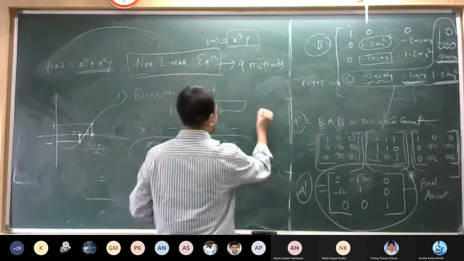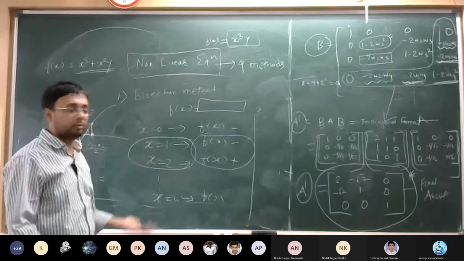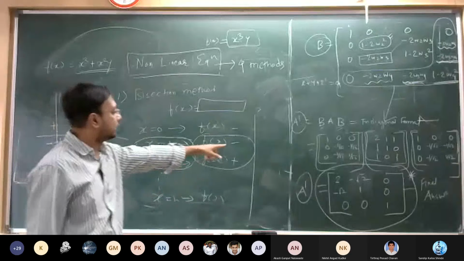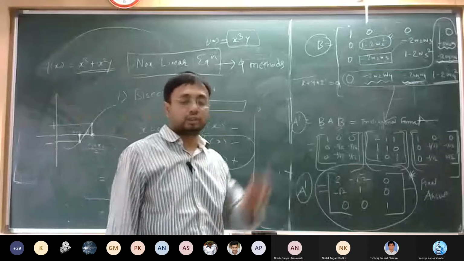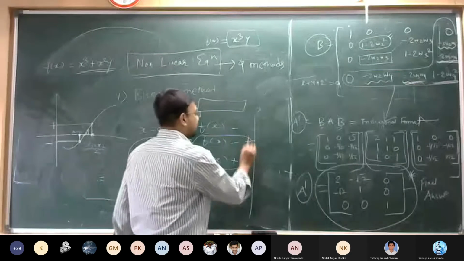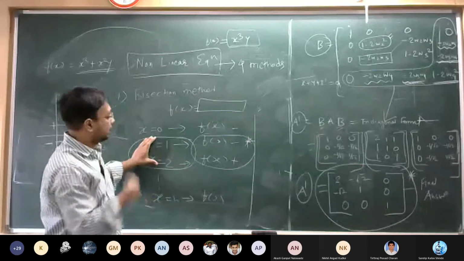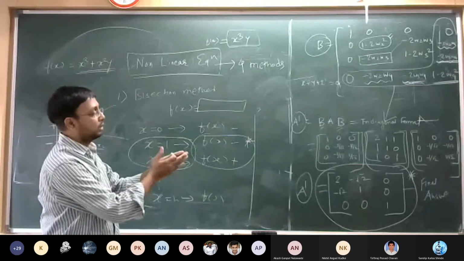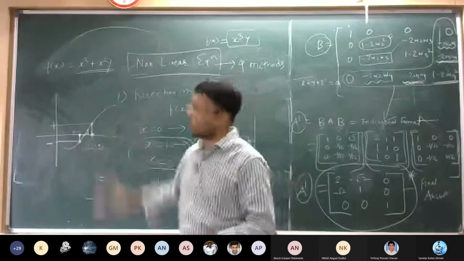Initially, we have to guess these two values. We put in 0, 1, 2, 3, 4, up to maybe 10 or 11. We find where the solution is going to lie, where the sign changes, positive to negative or negative to positive. Whenever these two values change sign, we can say the solution is lying between them. We take the average, and again correlate the average with one of these values. Then for those two values, again we take the average, and correlate that average with some other value. This way we approach the particular solution.